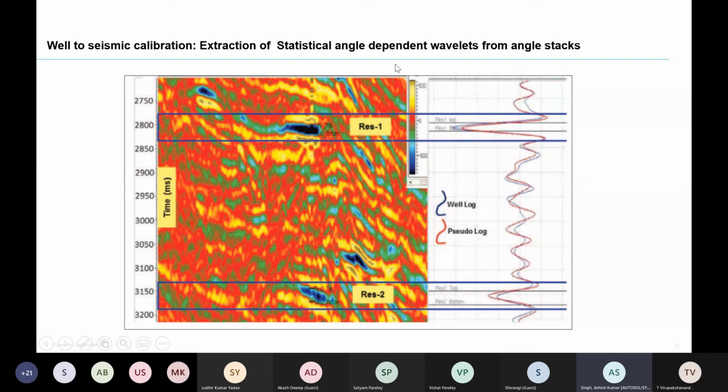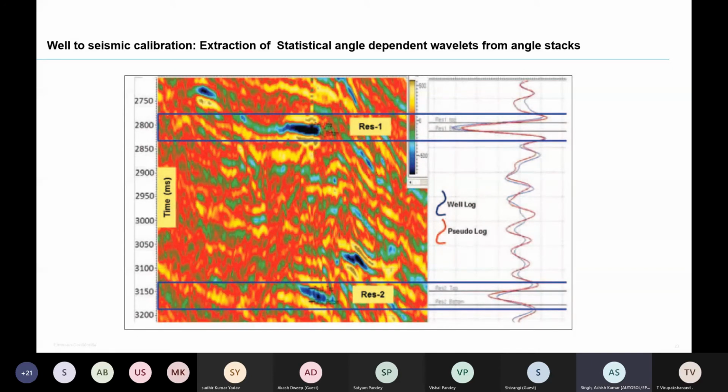After well to seismic calibration, this is the inverted result. This is a band pass inversion. I have not added the low frequency. You can see both the reservoirs are very well defined. But how will you QC? You extract the pseudo log from the seismic and filter your actual log and pseudo log to the same frequency bandwidth, like 5 to 60 hertz. You can see our inverted and actual. The green one is our actual well log and the red one is our pseudo, meaning inverted, well log. It is fairly matching from lower to upper range. It means your inversion is fine.